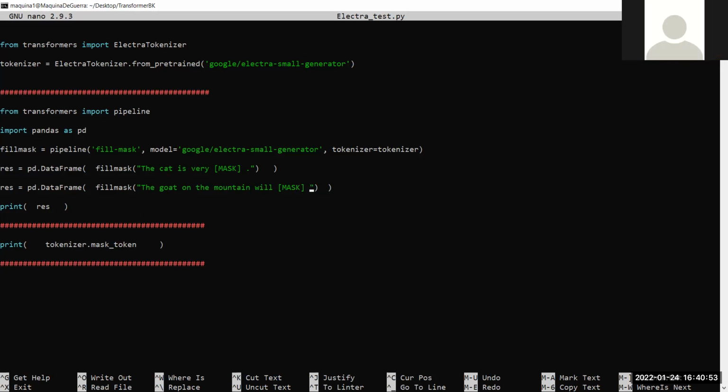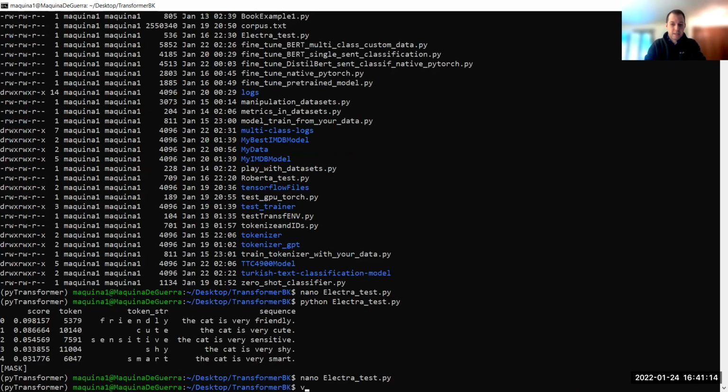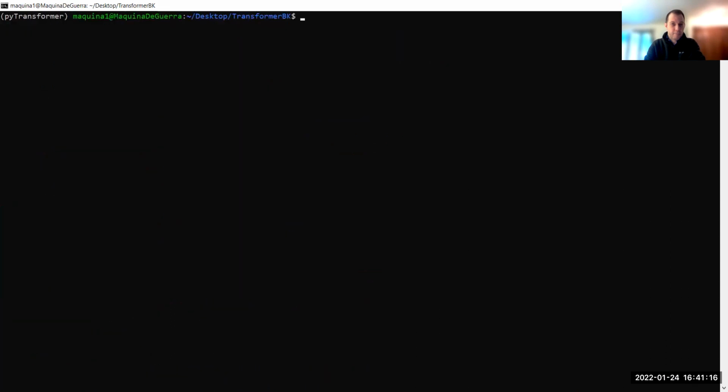I don't know what they call it, but do goats bray, or what do they call the noise they make? I have no idea, but you think that's what it'll say? The goat on the mountain will, possibly, or jump. Okay, jump is a good one, right? So let's try it and see what it does. It just occurred to me to run this, and this is definitely a pre-trained model by Google, so there's something there.